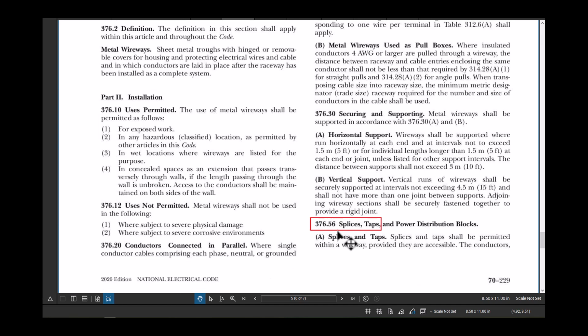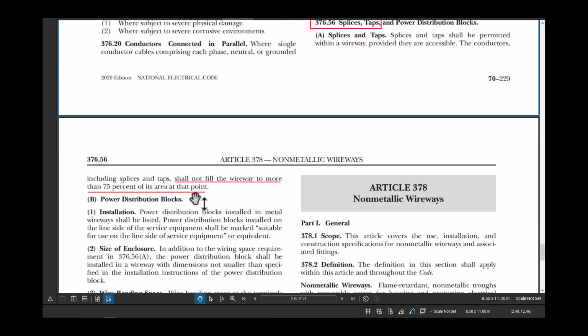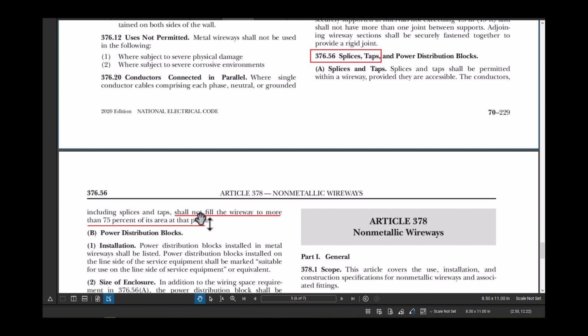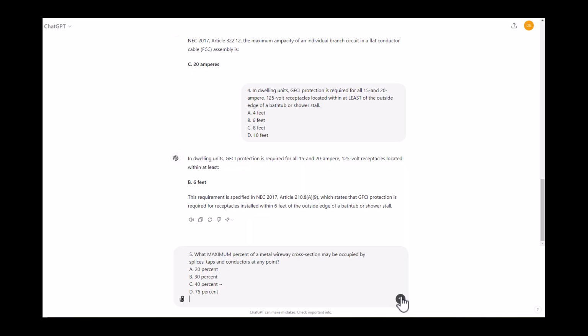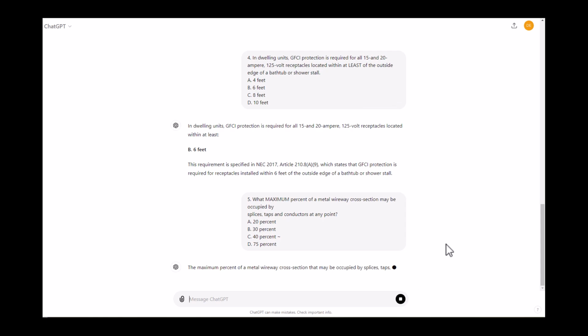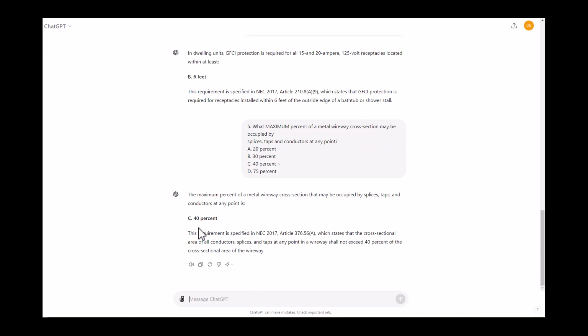376.56, splices and taps. When you read through, we're looking for this part: shall not fill the wireway to more than 75% of its area at that point. Then 75% is the correct answer and it is D. If we go to ChatGPT,